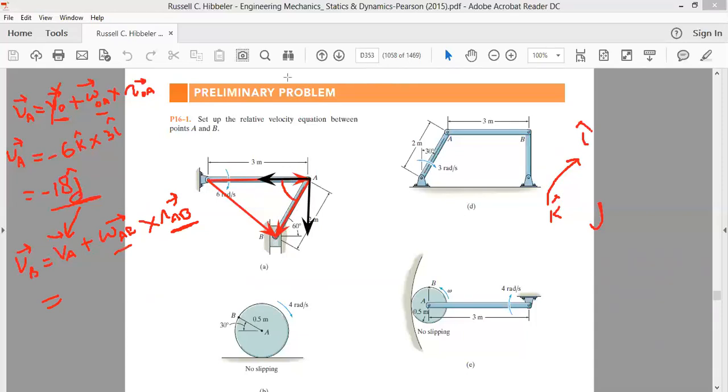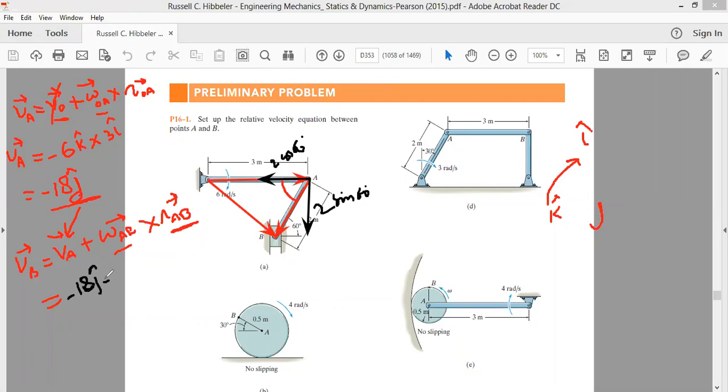RAB is 2 meters, so this component is 2 cos of 60, and this component will be 2 sine of 60. This 2 cos of 60 degree is along minus x-axis, and this 2 sine of 60 is along minus j. Therefore VA is equal to minus 18j